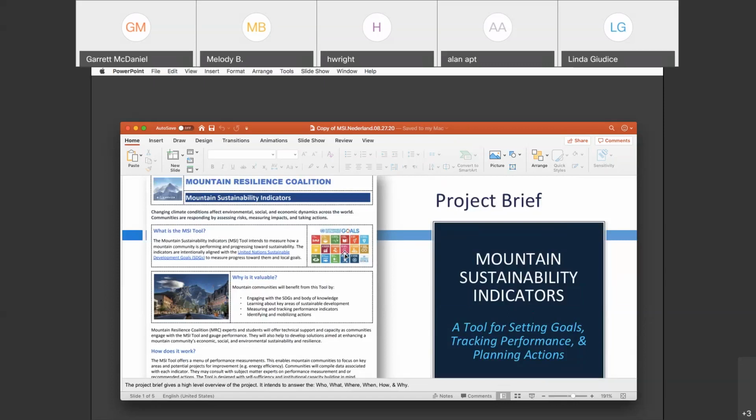It's actually taking data-driven, performance-based information to drive action. And one of the priority areas for action is climate action planning. So we do believe that these indicators are very much relevant to environmental sustainability in general, but to climate action planning specifically. So when I heard about Garrett's role and a little bit about Netherland, we thought it was